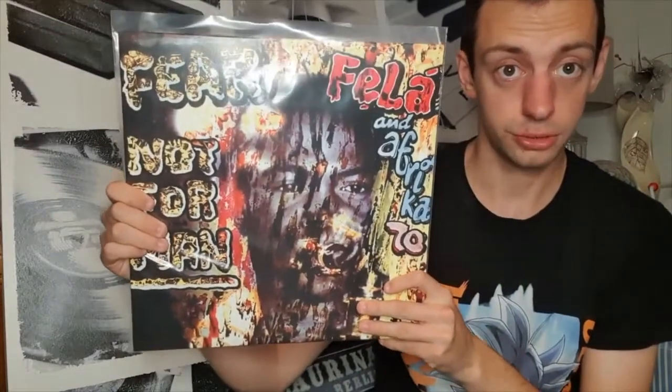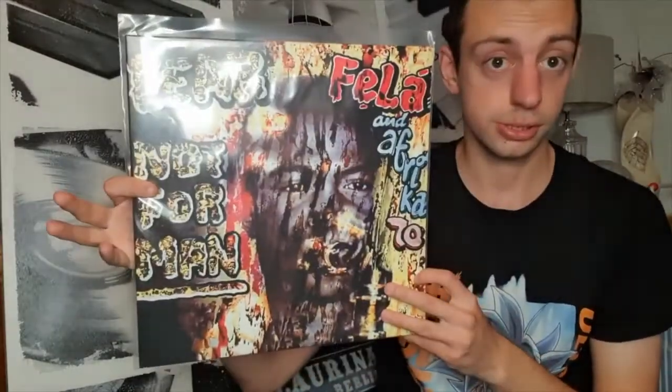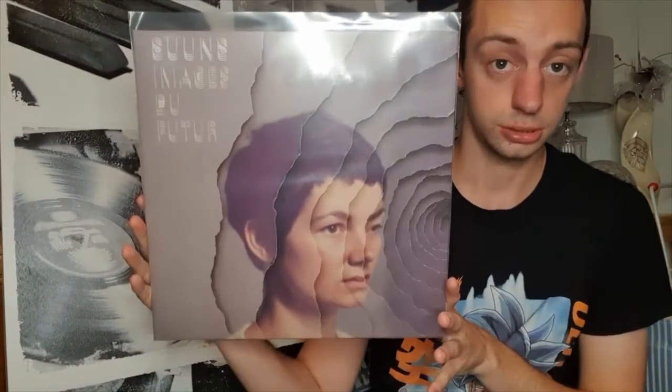We ordered a few of these for the shop I work in, and my boss said, "I'll order one for you because I know you're looking for some fella stuff," and they were really cheap on Amazon, I think. So happy to have that one in the collection. And then the other one that came with it, that he ordered just for me specifically, is Soon's Images to